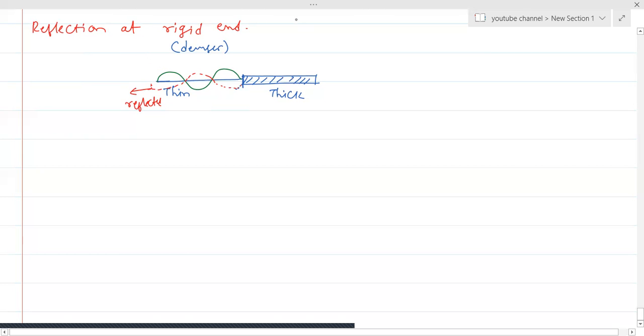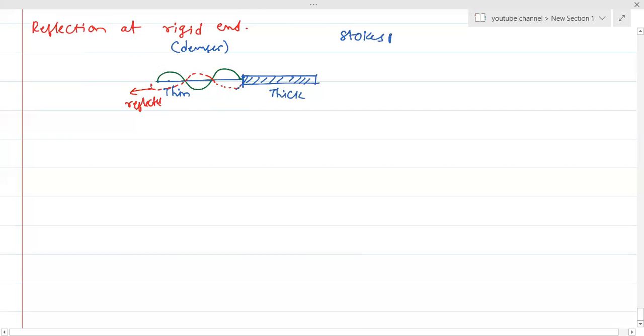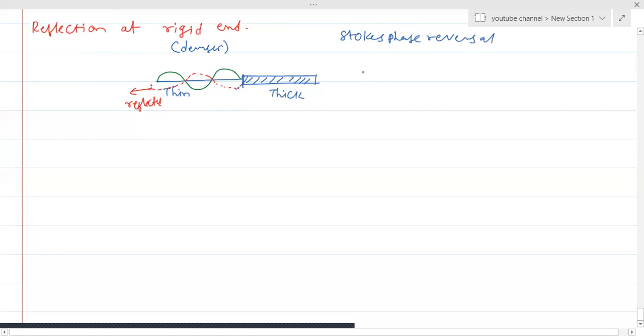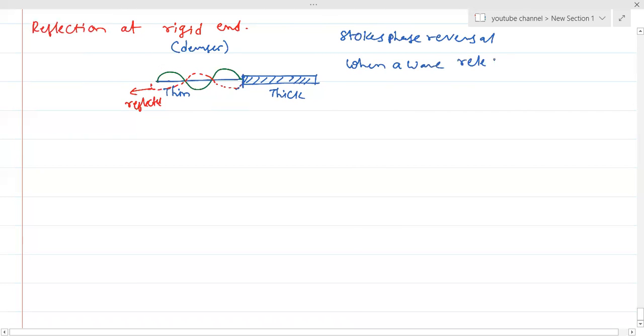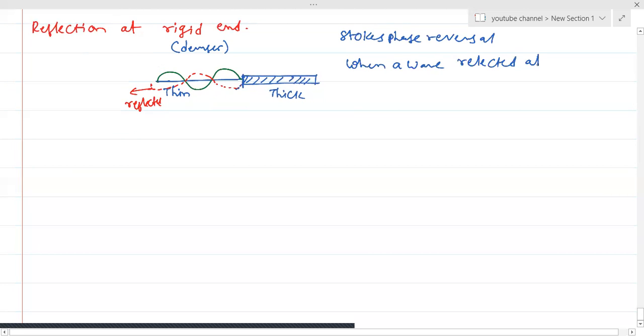Here generally we use a principle called Stokes phase reversal. Let us see what we mean by Stokes phase reversal. That means when a wave is reflected at rigid end,